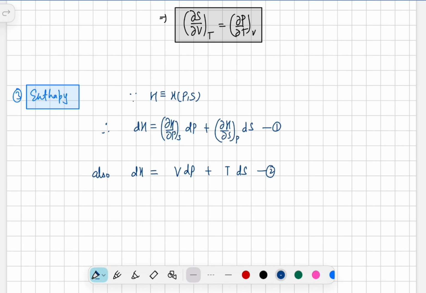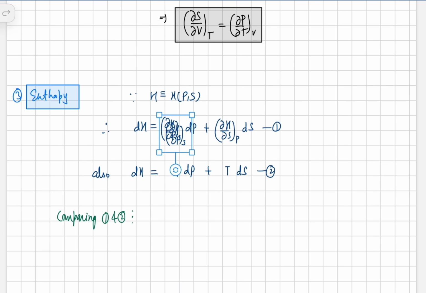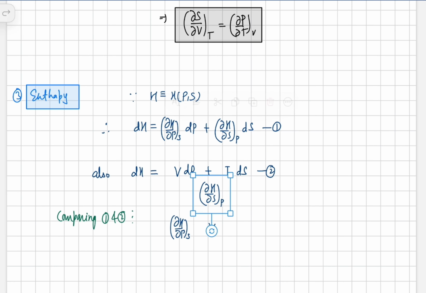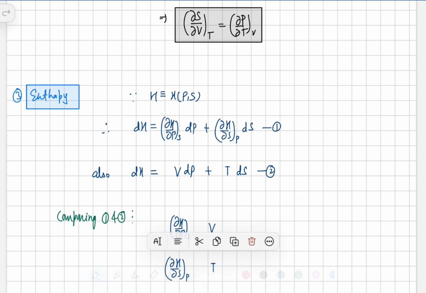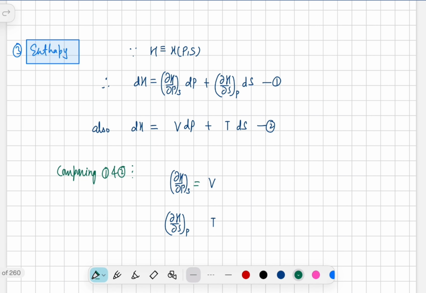Again compare 1 and 2. If you compare 1 and 2, you will get this thing equals this thing, and this thing equals this thing. Okay,